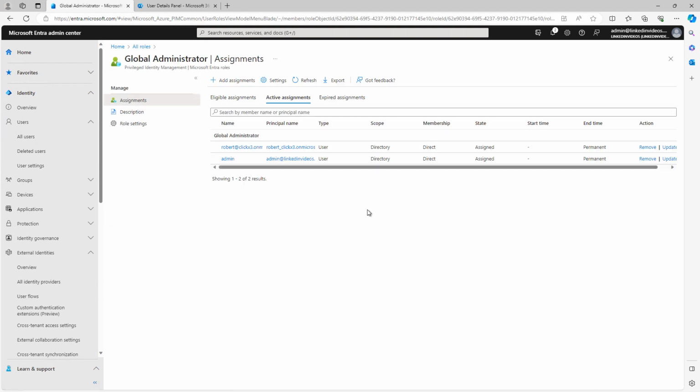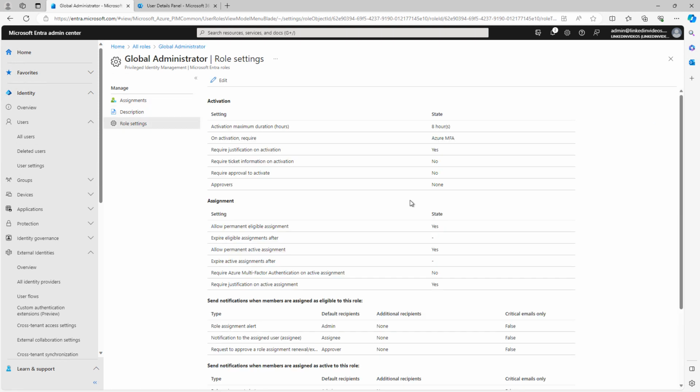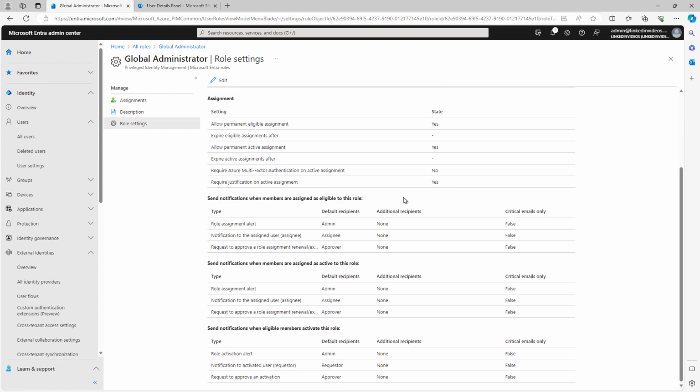So I'll click on Global Administrator, and here you can see that the admin account does have that right. Now, that's what you're going to want to assign when you create a new tenant. You need to create a Global Administrator for that tenant and then log in as that particular user. Here you can go to the role settings, and it tells you a lot of the different things that you can do,